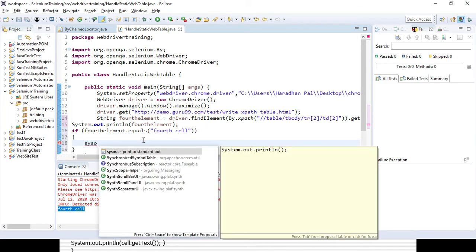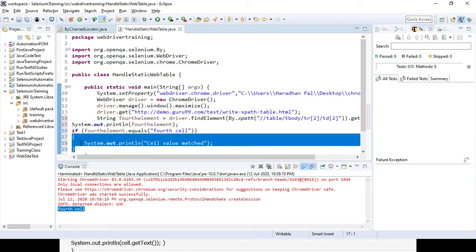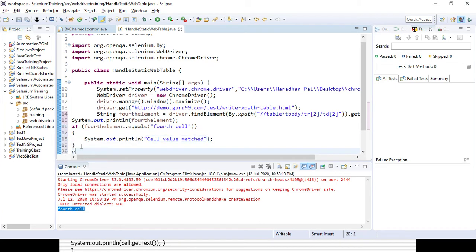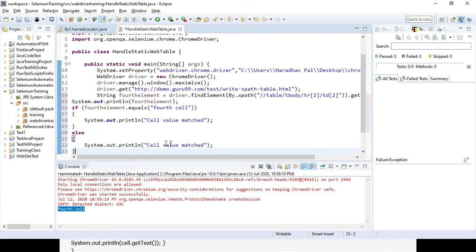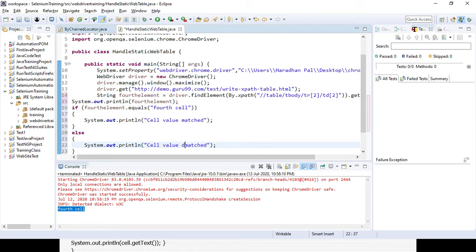I can print value got matched, cell value match, or else the condition is that cell value not matched.